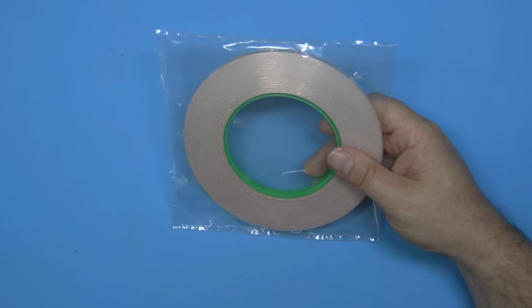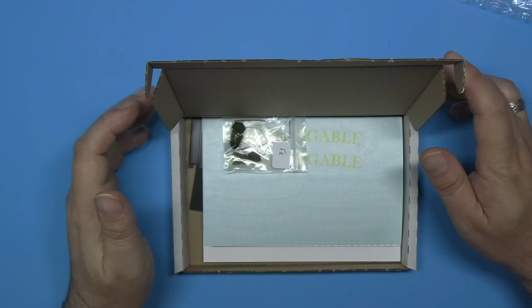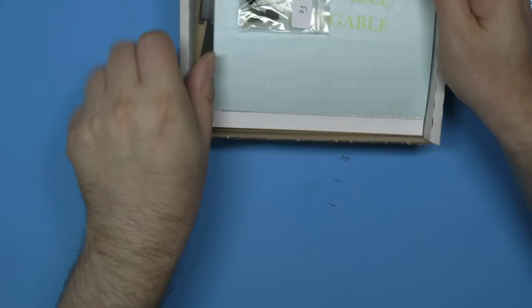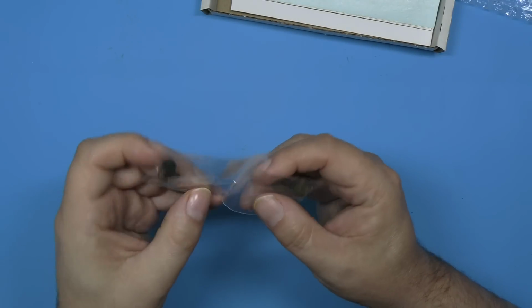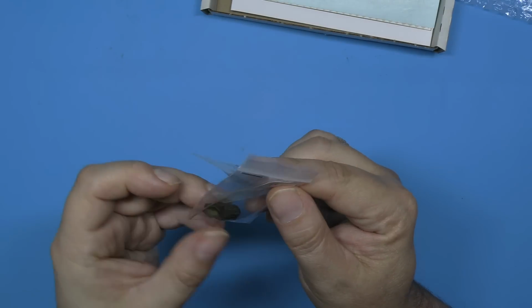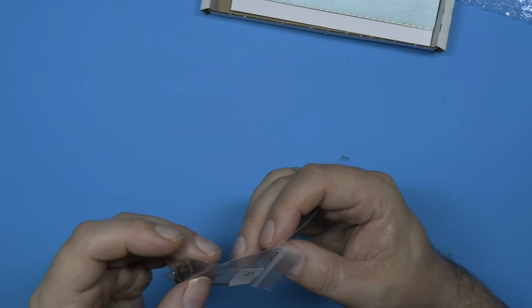Right, let's have a look at the other parts. So there are several boxes held within the main box, including a large box which sits on top of all the sheet material, and there's different things in those boxes, so we'll just work through them as we get to them. So first of all, we have our lanterns. They're individually packed in Ziploc bags, and there's a part number on the sticker. You can see F2, and what we've got inside is a really nice